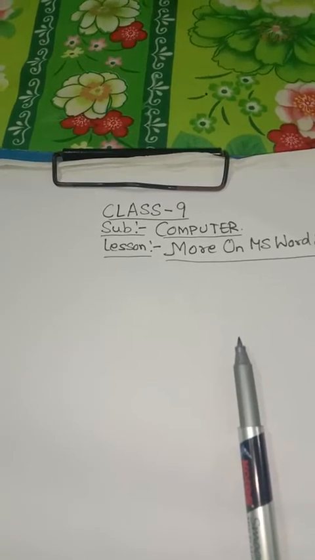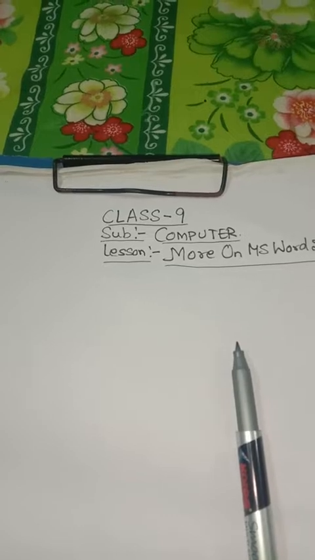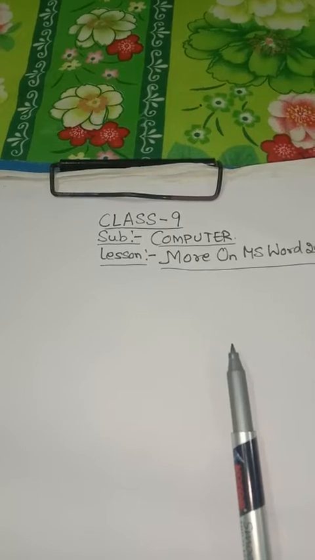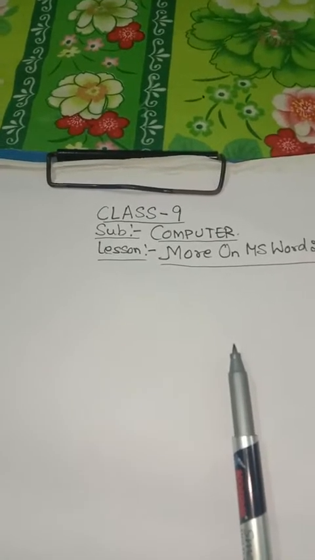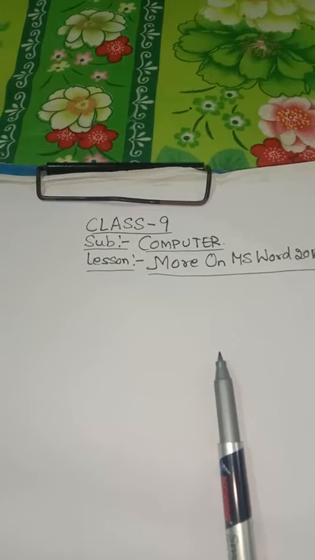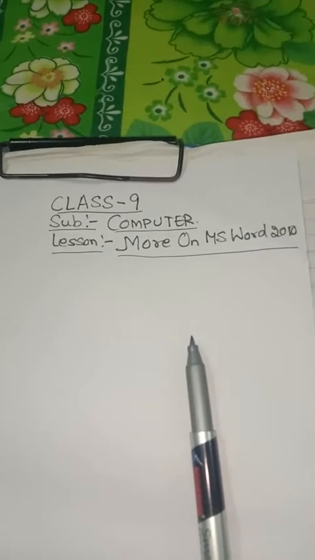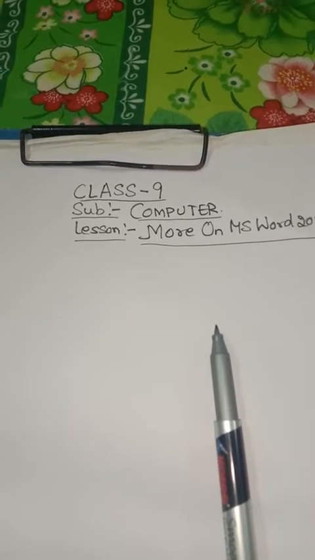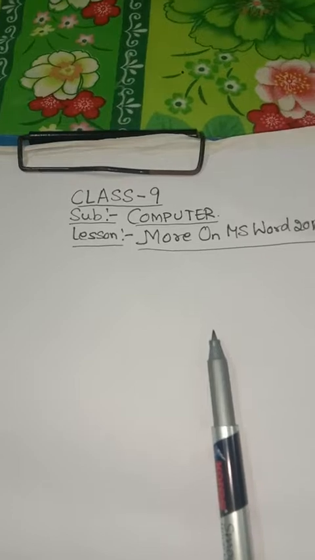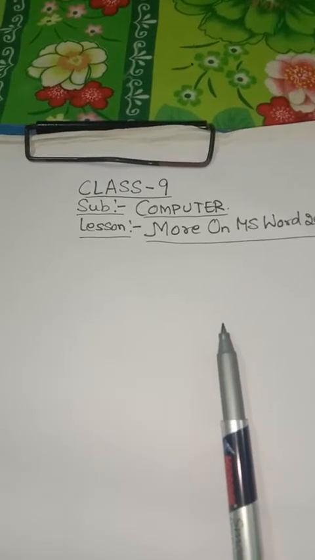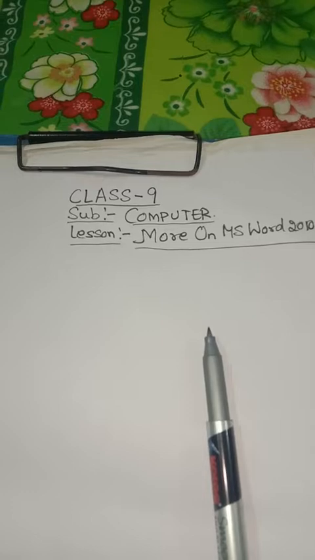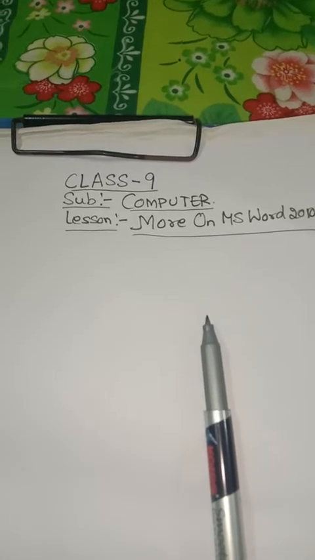We have discussed resizing a picture, how can we resize a picture, can make a picture larger or smaller, what is cropping, how can we crop a picture, how can we add styles to a picture. Next we have discussed what is word art, how can we apply the word art in our document, how can we format the word art, like changing the color of the word art, changing the outline color of the word art, applying a shadow effect to word art, changing the text direction of word art.